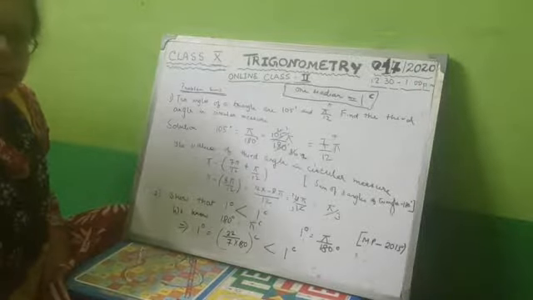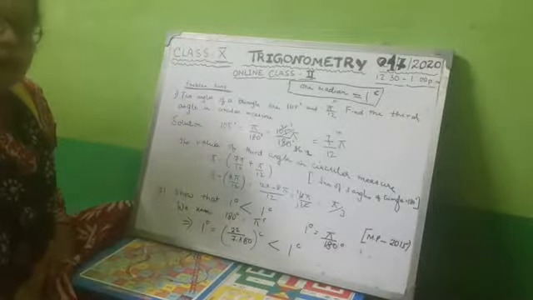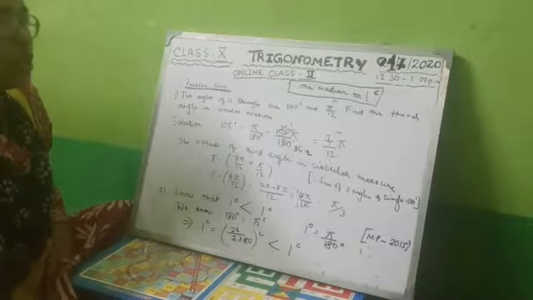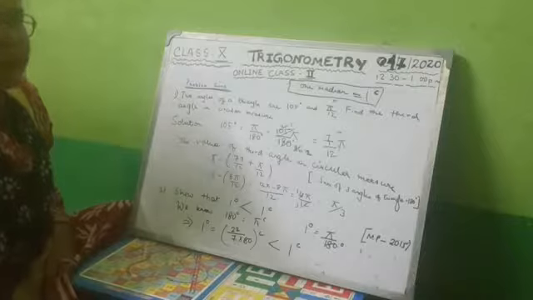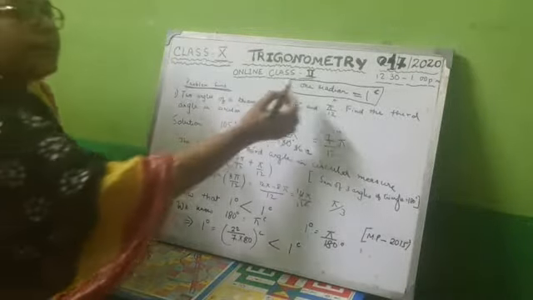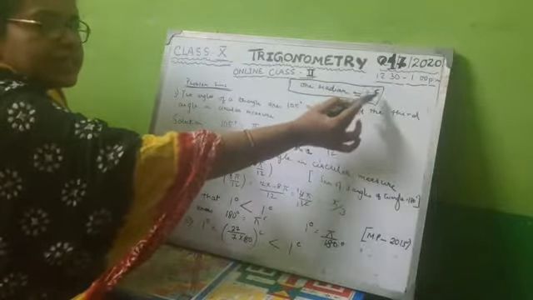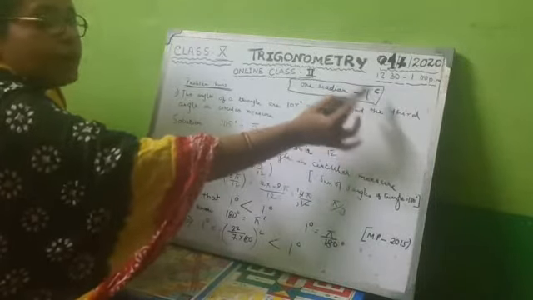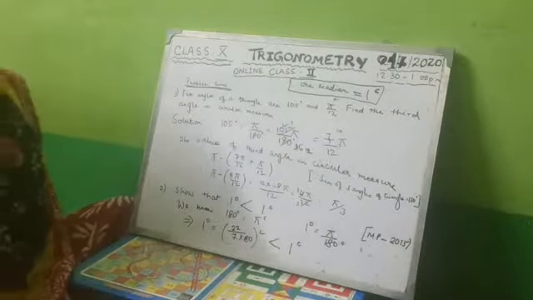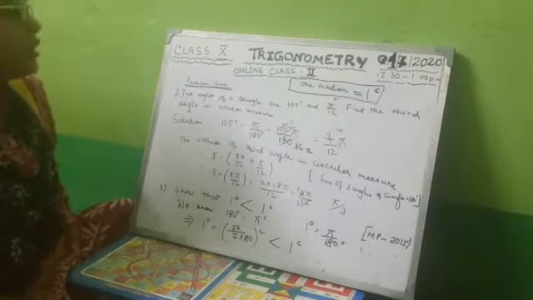Today is the second part of our version where I will discuss with you sums on circular measures and about the radian. You all know 1 radian is equal to 1 to the power c. This is the symbol for 1 radian. Now, let us solve a few problem sums to clear your doubts.